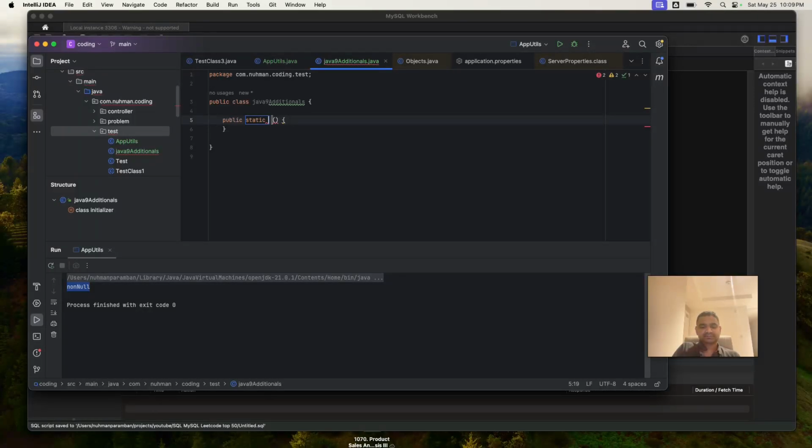Okay, let me create a method here. Public static void, string changes, object modification, Objects class modifications in Java 9. So this is a self-explanatory method. So here I will mention